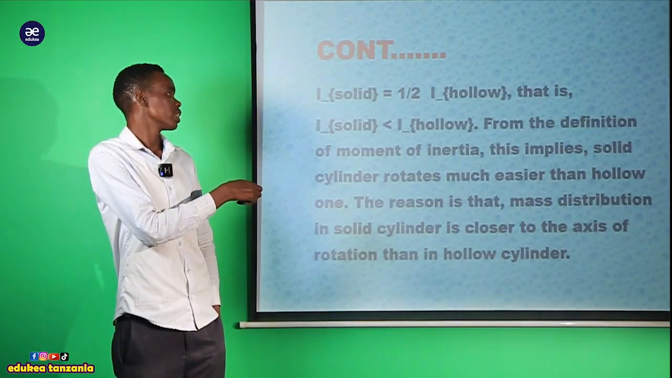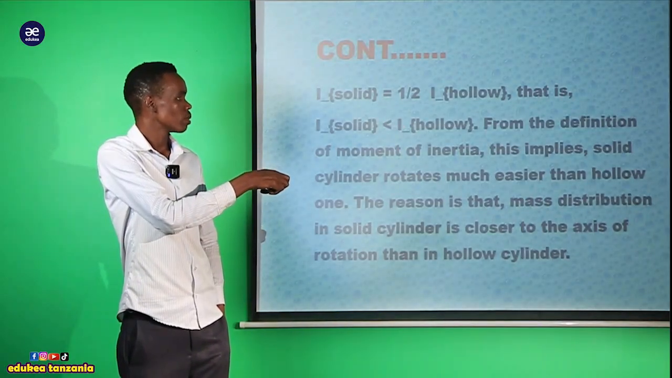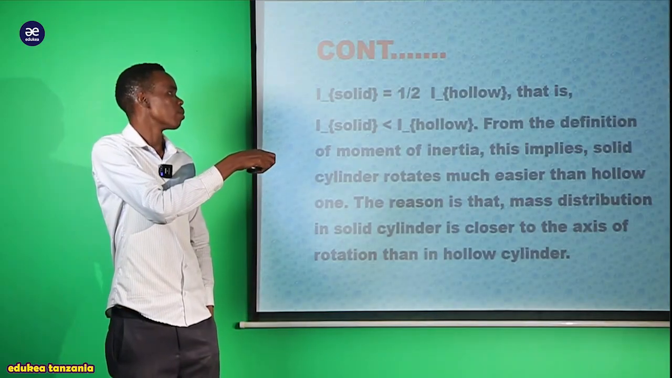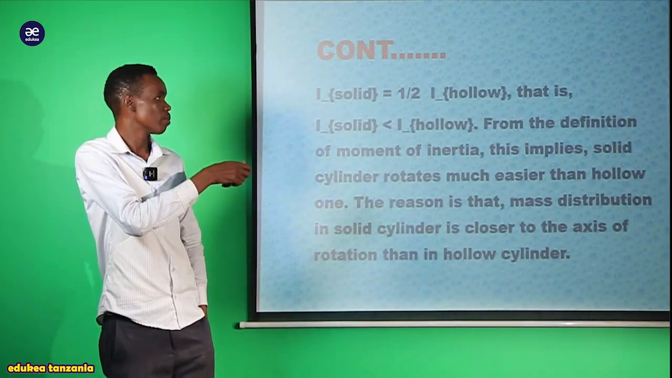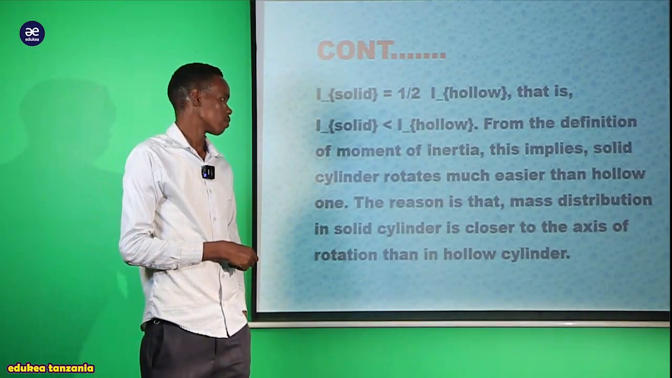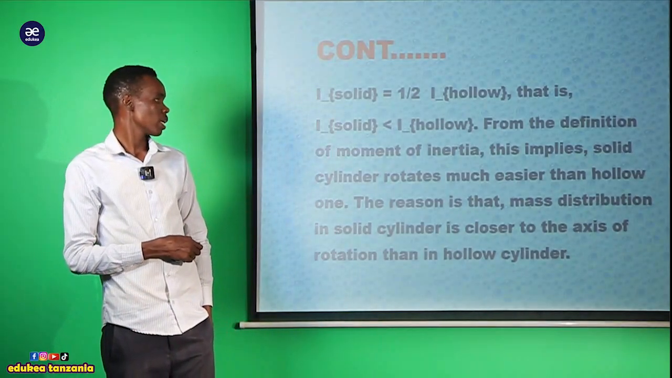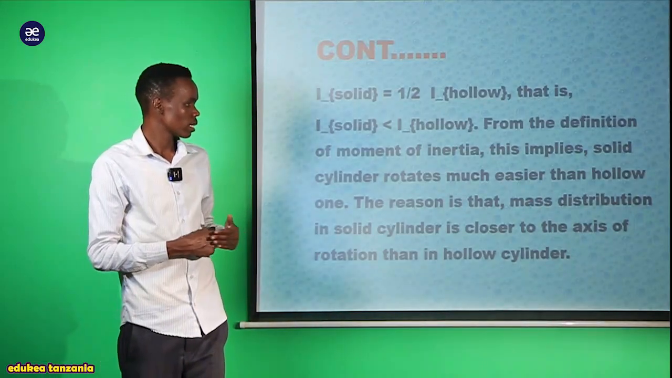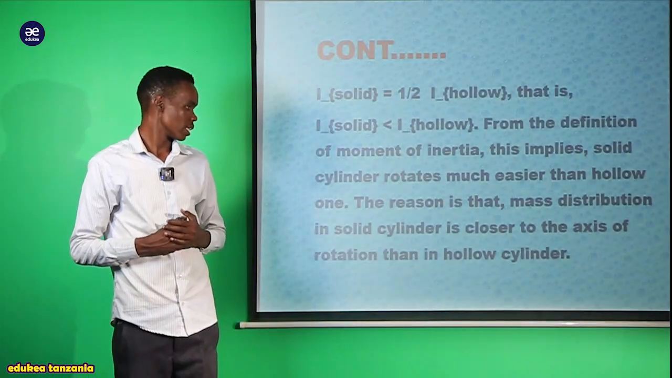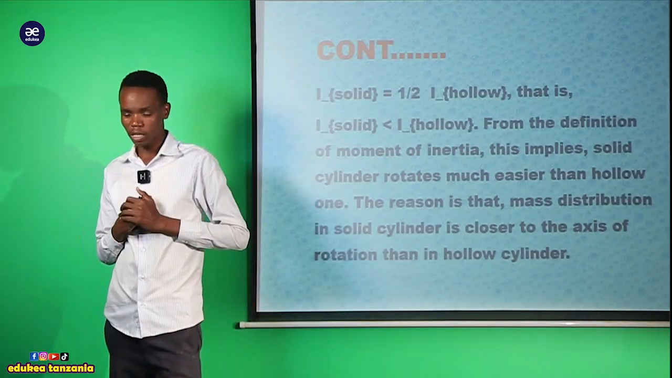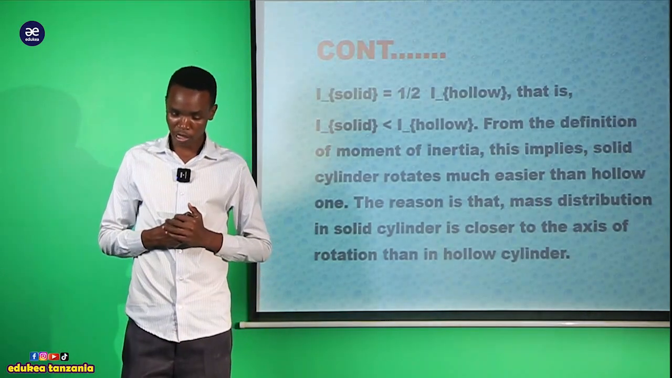Kwa hiyo moment of inertia wa solid huyu atakuwa ni mdogo kama tunapoona, kwa sababu atakuwa ni nusu ya ule moment of inertia of the hollow. Kwa hiyo ile moment of inertia wa hollow atakuwa ni mkubwa kuliko moment of inertia for the solid. Now from the definition of the moment of inertia, this implies that the solid cylinder rotates much easier than the hollow one. Kwa hapa tutaweza conclude sasa kutokea kwenye definition,